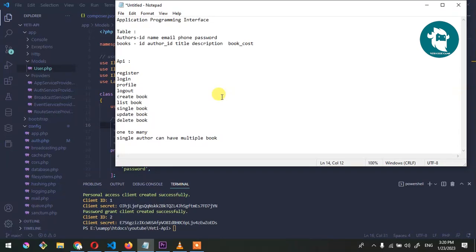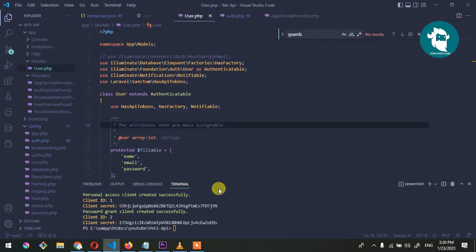In our previous video, we set up our password in Laravel 9. So now in this session, we're going to create the model, view, and controller for the authors and books models. So for now, let's create PHP